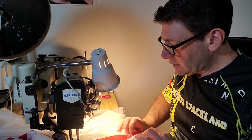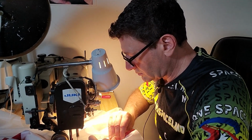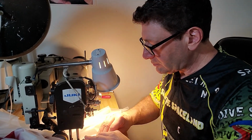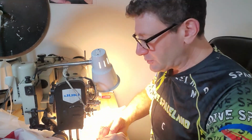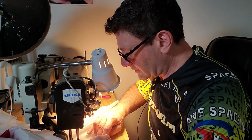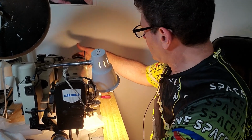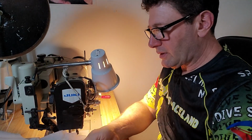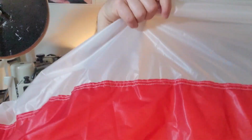Okay, so lining up pretty well here. This is just one rib, and sometimes, when you're building cross brace canopies, it can be more than one rib. And let's get it to the end. And at the end, I'm gonna move things forward, snip off my threads, flip it over, and I'm gonna inspect this seam